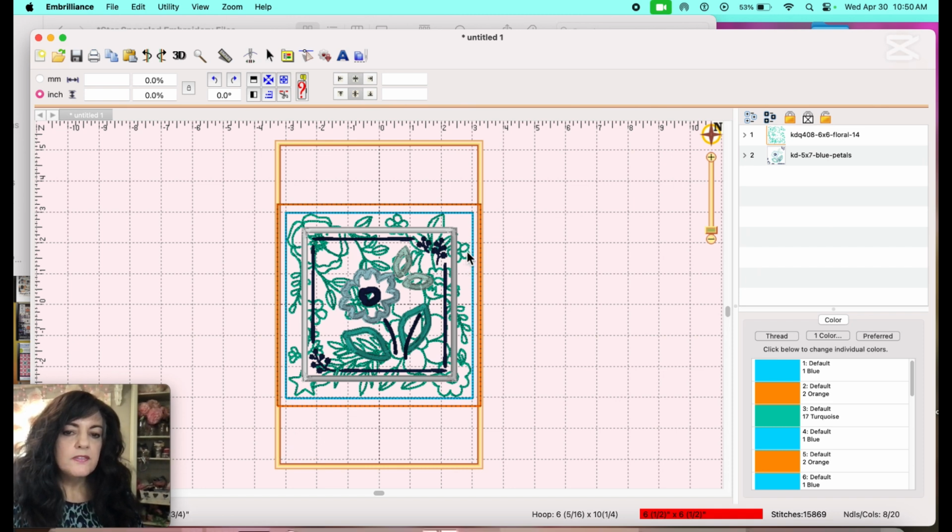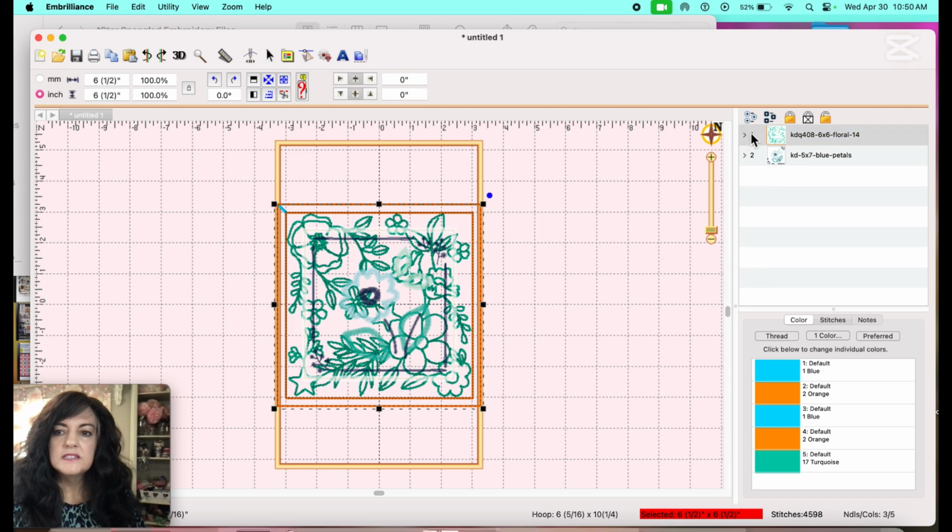And when I brought the background quilting in, it was a 6x6 file, and so you would think that that would fit into a 6x10 hoop. However, it does not, and the reason it doesn't is because of these outside parts of the quilting. I'm going to go back and undo my delete so I have all 5 steps of